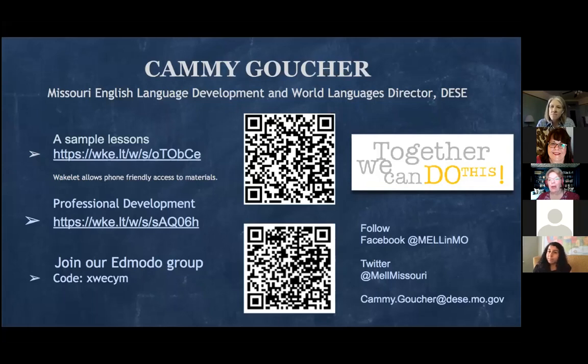And a lot of our parents and families, if they don't have a computer or access to online, they almost all have a phone. And with Wakelet, you can just click on the link and it plays right within their tool. And it also has Immersive Reader within it that reads it and translates it into several different languages.